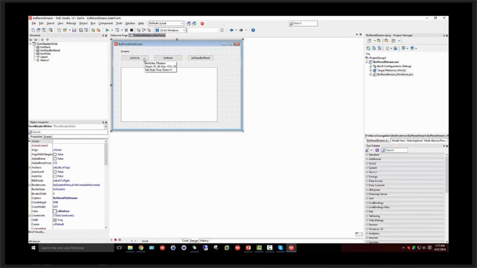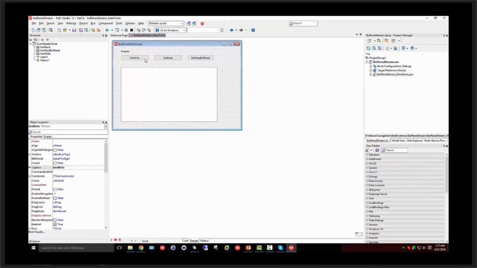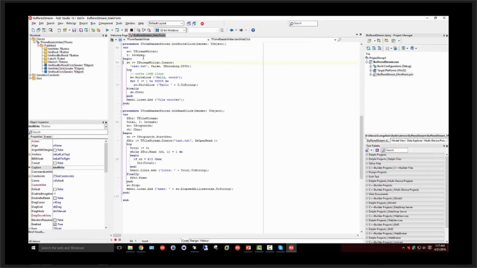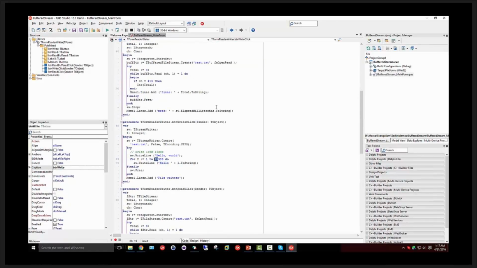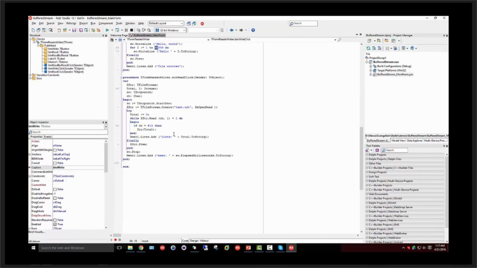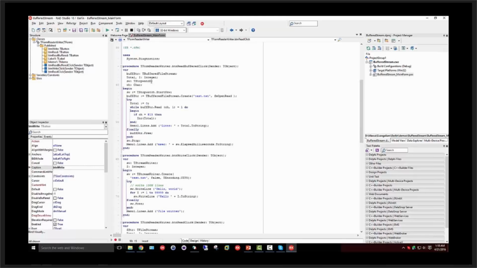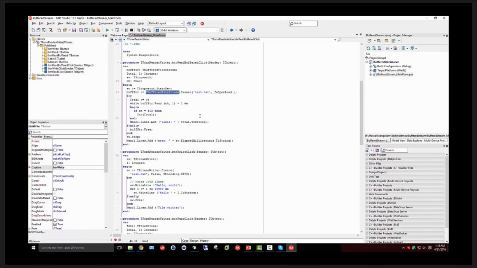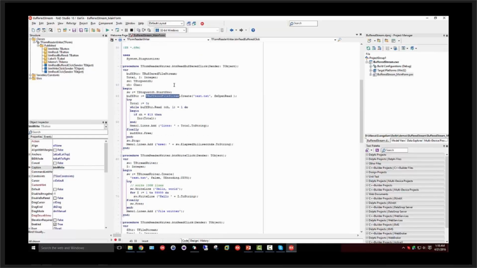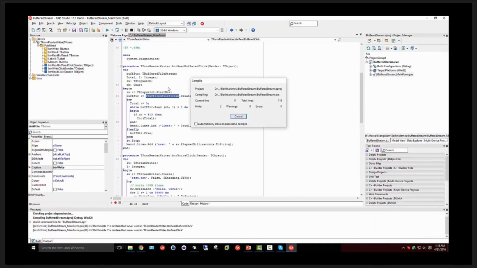Now what this demo does is it has a first button that will just create and write the file, and then it has two ways of reading the file. One is a fairly traditional TFileStream: open, read everything, and the goal here is to count the new lines. There is absolutely no difference from this version besides the fact that it uses a TBufferedFileStream rather than a TFileStream. So let's actually run this application and generate the file,